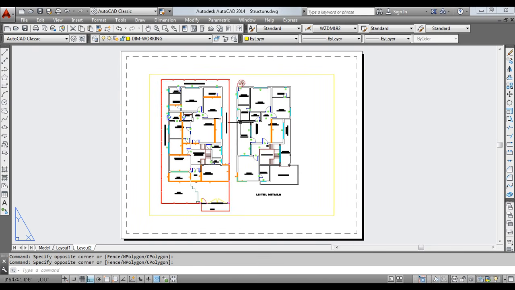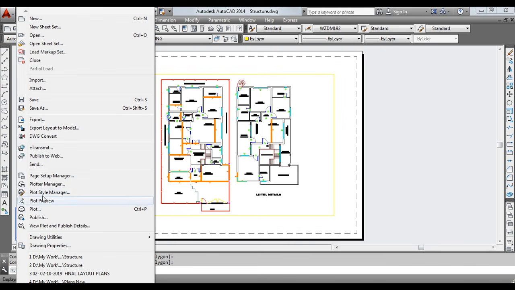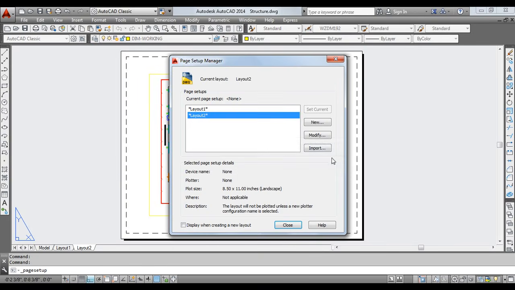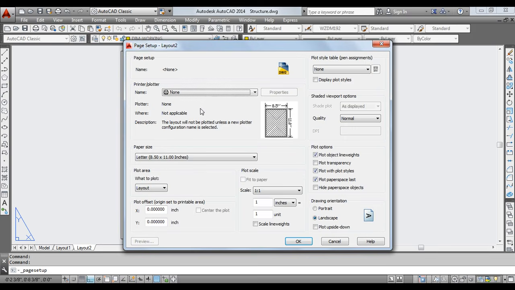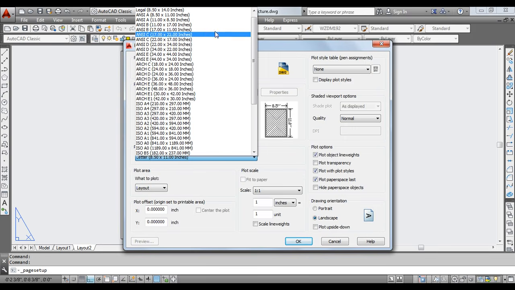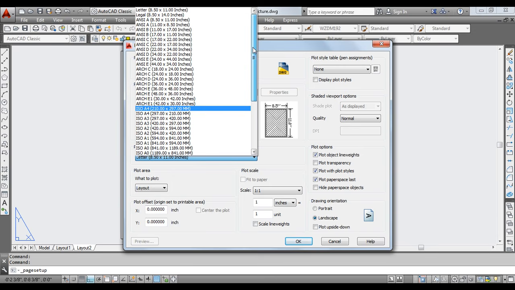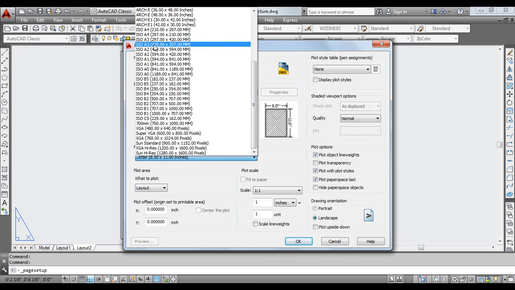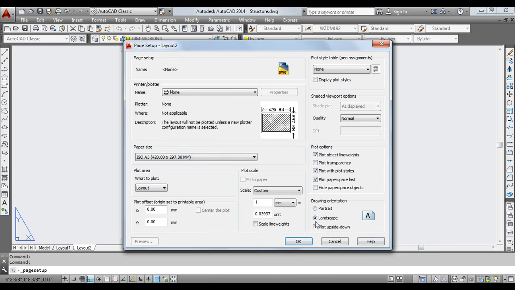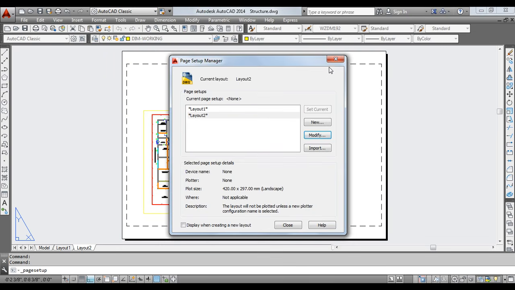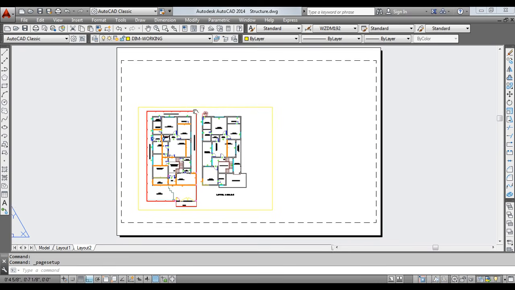So if you want to set up the page, go to file, then there is an option of page setup manager. In the layout, modify and select the type which you want. I want it to be A3 size. So for example, A3 is available. You can use any type depending upon your requirement. If let's say we choose A3 and landscape mode, okay, now this page is set to A3 mode,